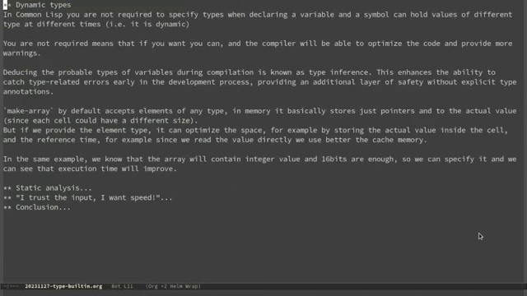In Common Lisp, you are not required to specify type when declaring a variable, and a symbol can hold values of different types at different times. That is, it is a dynamic language. You are not required means that if you want, you can, and the compiler will be able to optimize the code and provide more warnings. Deducing the probable type of a variable during compilation is known as type inference. This enhances the ability to catch type-related errors early in the development process, providing an additional level of safety without